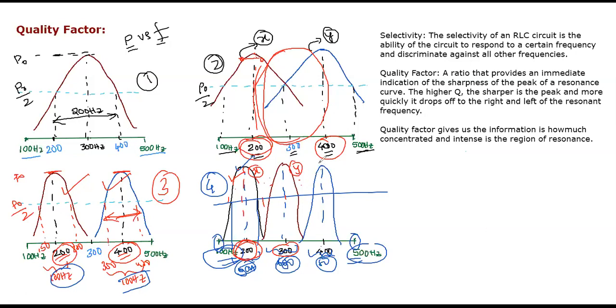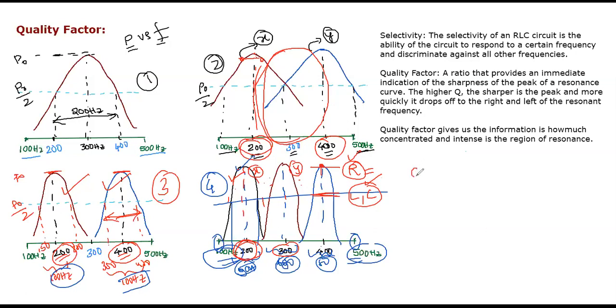So the final conclusion is that the maximum power magnitude is related to the resistor R. We can vary this power magnitude by varying the resistor, and we can vary the bandwidth of the signal by varying the L and C parameters. So quality factor is a relation between these three parameters.